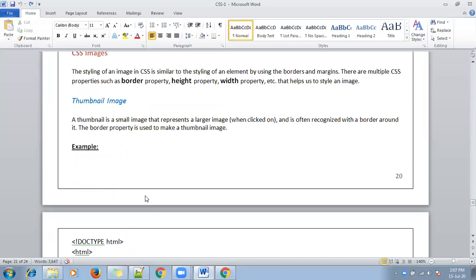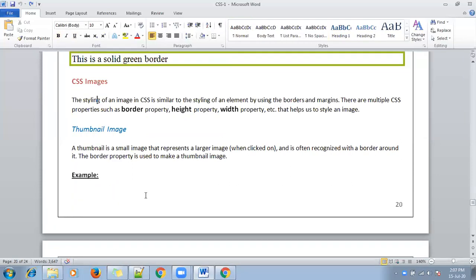The last property in today's session is CSS image. Okay, how can we use the CSS image property? So the first thing is, by using images, we can make our web page beautiful. By using CSS image, we can place our image at some place, either in left, right, or center, or top, or bottom, and we can give some borders to our images. We can set height and width of our images. All those things we can do.